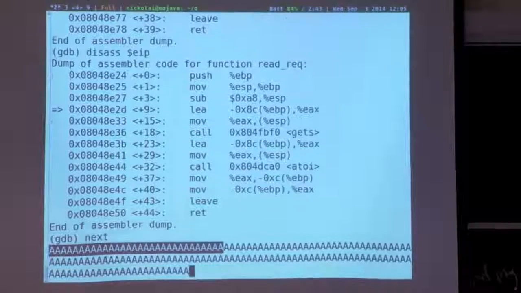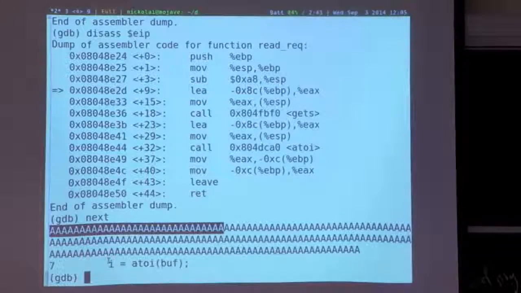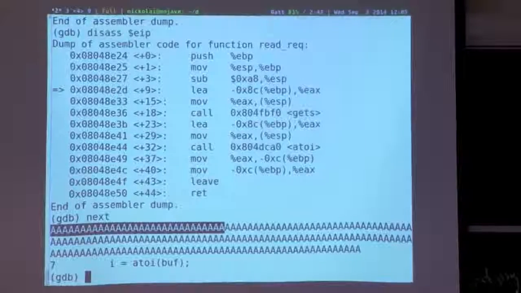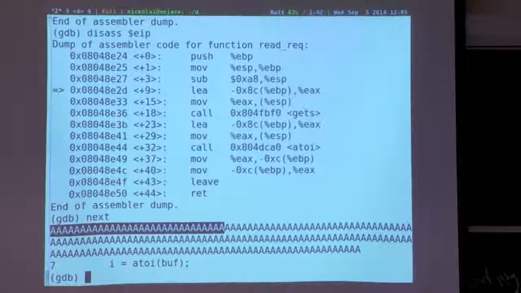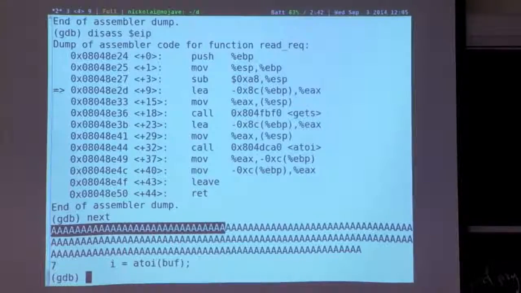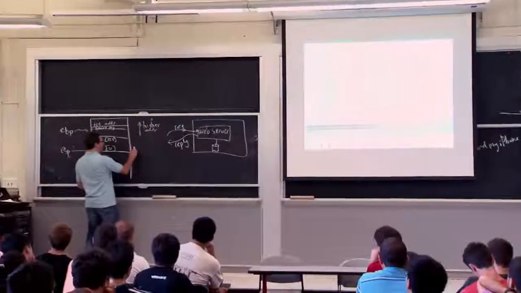So we can paste a bunch of A's again. OK, so we got out of gets, and things are actually still OK. The program is still running. But we can try to figure out what is in memory right now, and why things are going to go wrong. So actually, what do you guys think happened? I printed out a bunch of A's. What did gets do to the memory? Yeah, so it just keeps writing A's here, right?